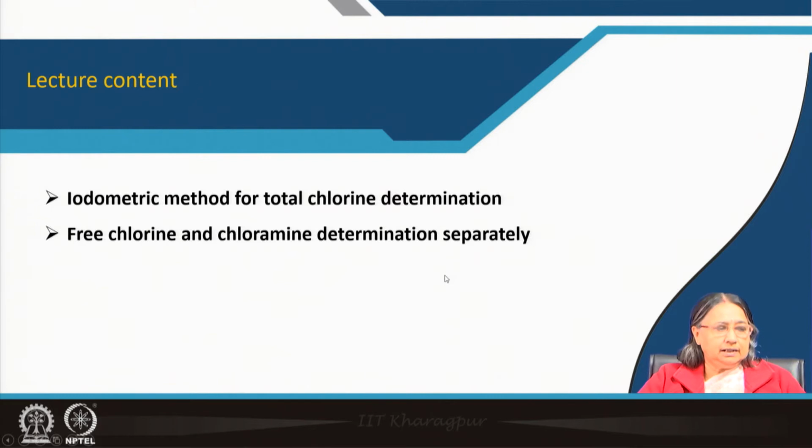We have seen how the chloramines are formed. We have also seen how much chlorine we are adding, how much chlorine remains as residual chlorine, and how much is present as free chlorine. Those things are very important. I have shown you the breakpoint chlorination curve, where on the y axis I have plotted the residual chlorine. So, how do we know this? That is the question today.